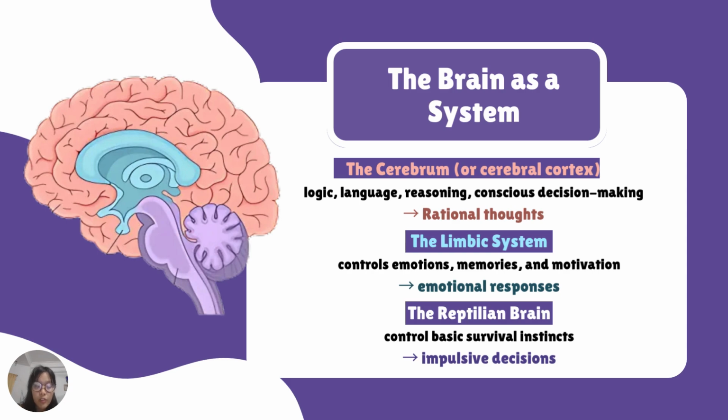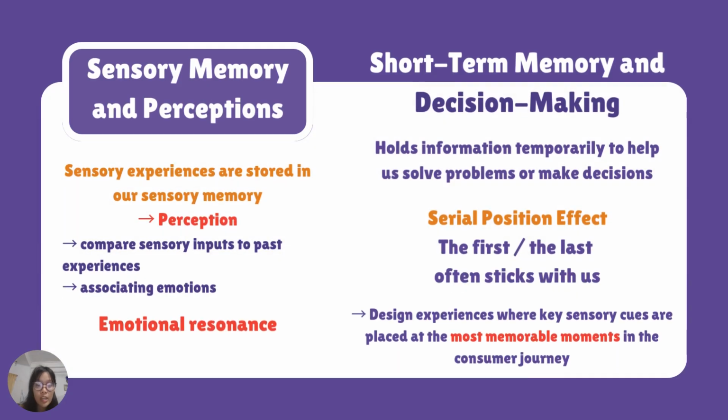controlling basic survival instincts. It's quick to react to visual threats and often drives impulsive decisions, often overriding rational thought, and is also the basis of sensory studies. Now, the sensory experiences we all have, from seeing a product's design to hearing a brand's jingle, are stored in our memory, sensory memory. This memory lasts only a few seconds but plays a crucial role in shaping perceptions for